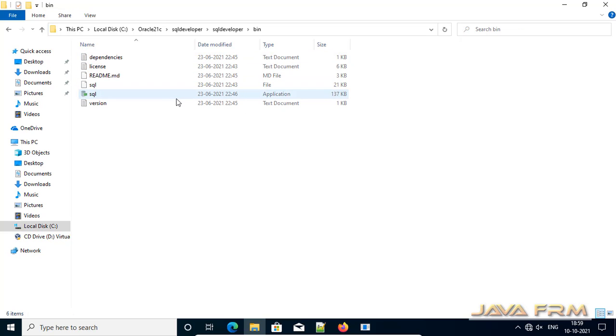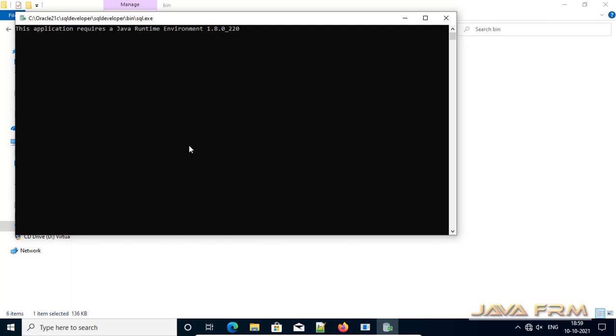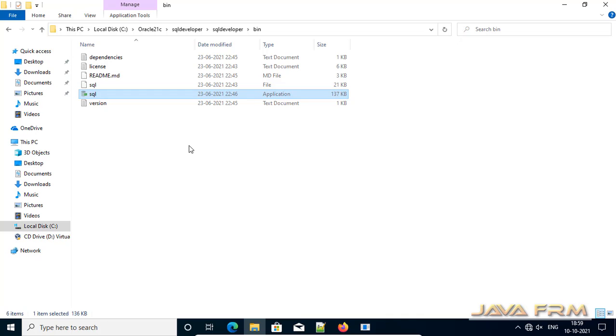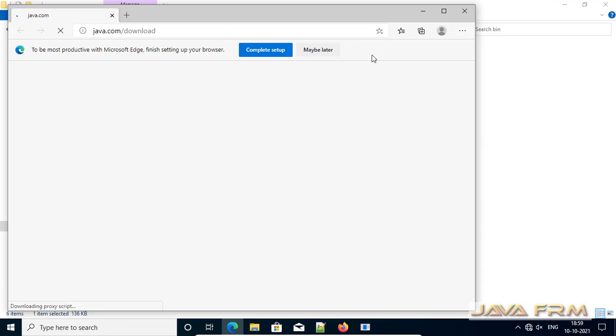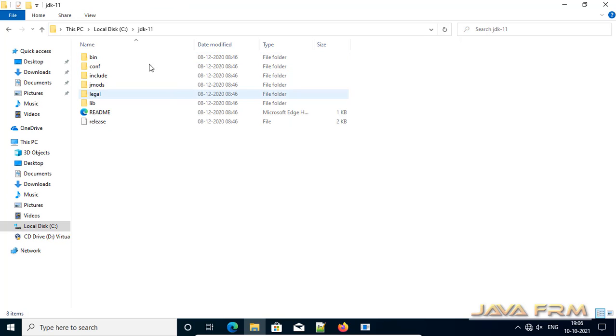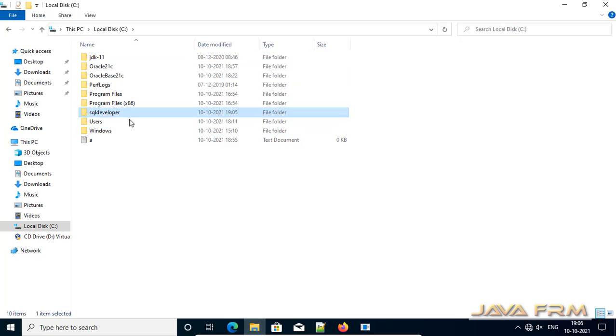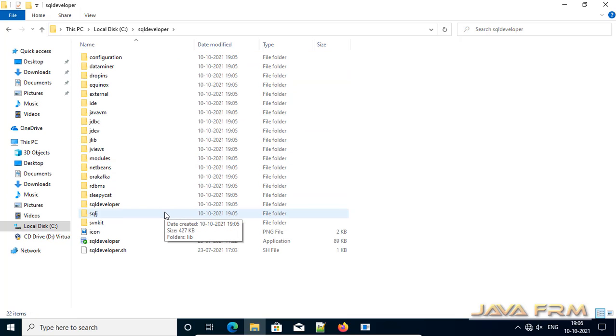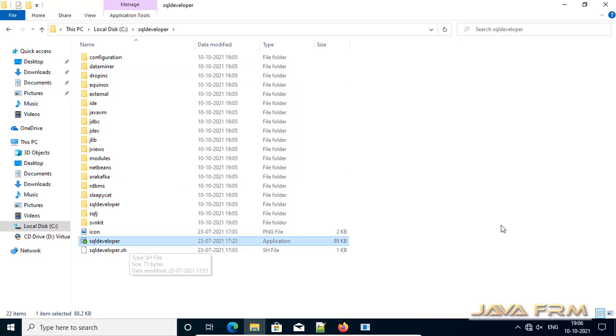Here you can see SQL Developer is installed by default. JDK 11 is installed by default. Okay, but I am using a separate SQL Developer.